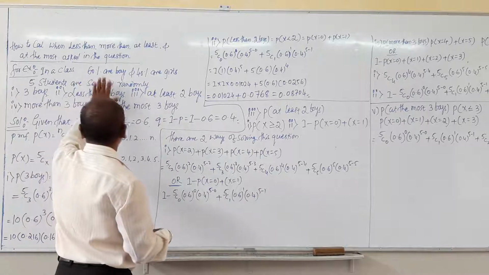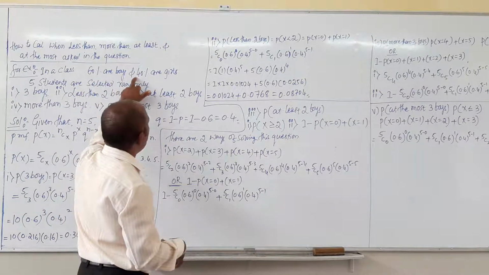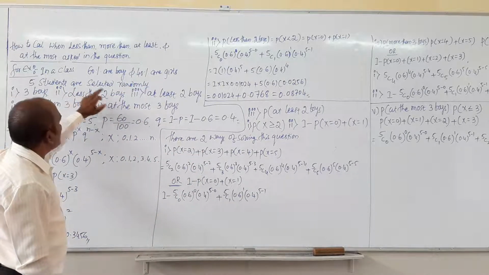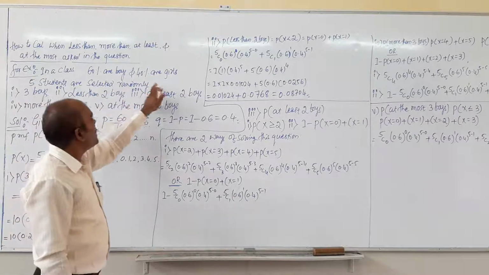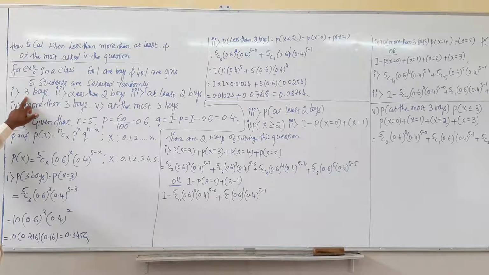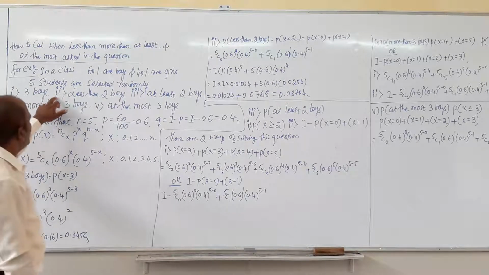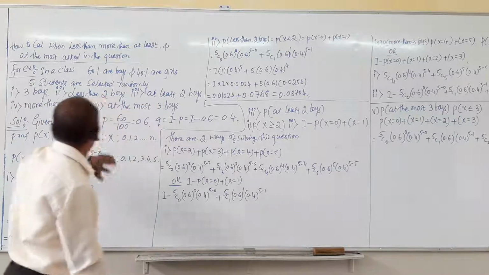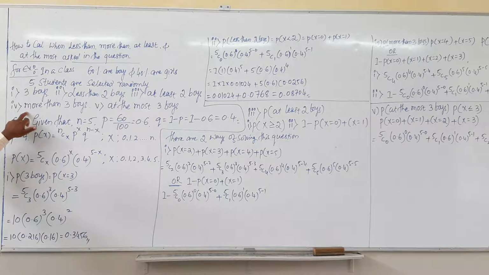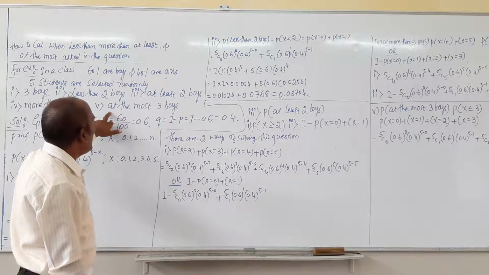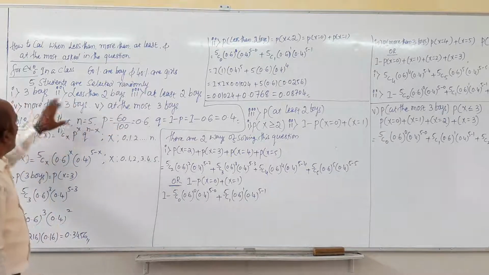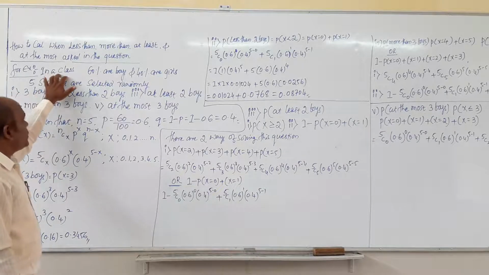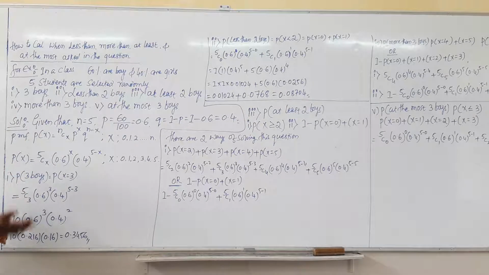So I have clearly written here: 60% are boys and 40% are girls in that class. 5 students are selected randomly. Then what is the probability that? First question, 3 boys; second question, less than 2 boys; third question, at least 2 boys; the fourth question is more than 3 boys; and the fifth question, at the most 3 boys. When they ask this type of questions in the given paragraph, how do we solve them?